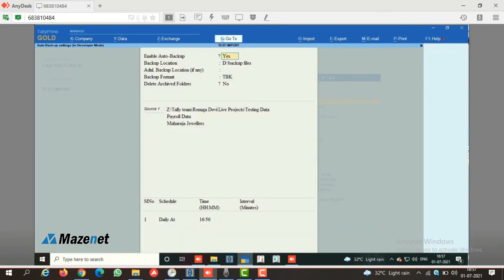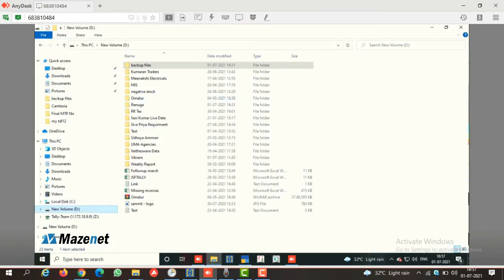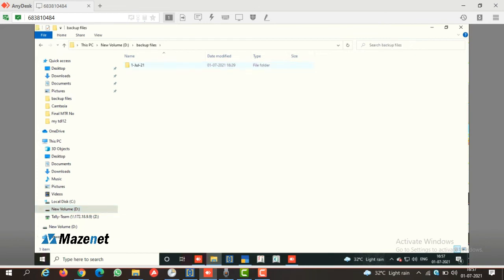So the backup location is in D path, backup files. So you have to go to D path, backup files. Look into it. You can see a backup file is created at 16:56.